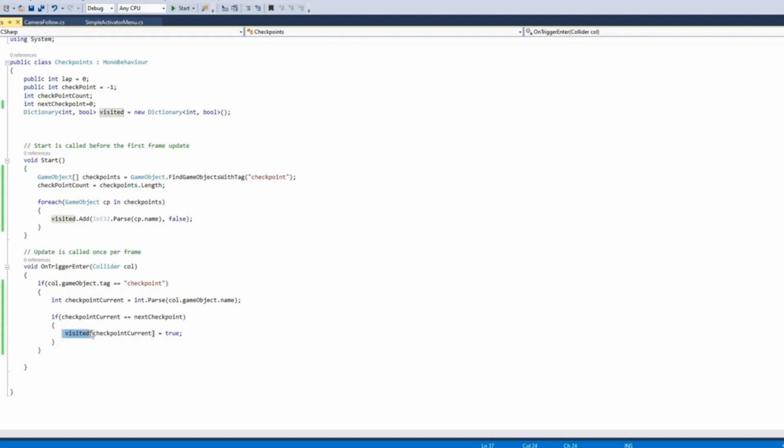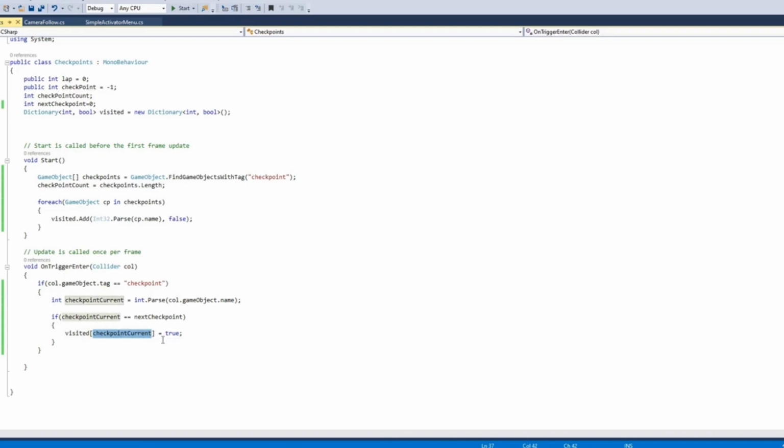Now this is our dictionary and this is the key. Suppose this is the key 1. Now it will check inside the dictionary if the key 1 exists. If the key 1 exists, then it will change its value to true. First it will collide with the checkpoint 0, so the first key will be 0. So this will be visited 0, checkpointCurrent will be 0.